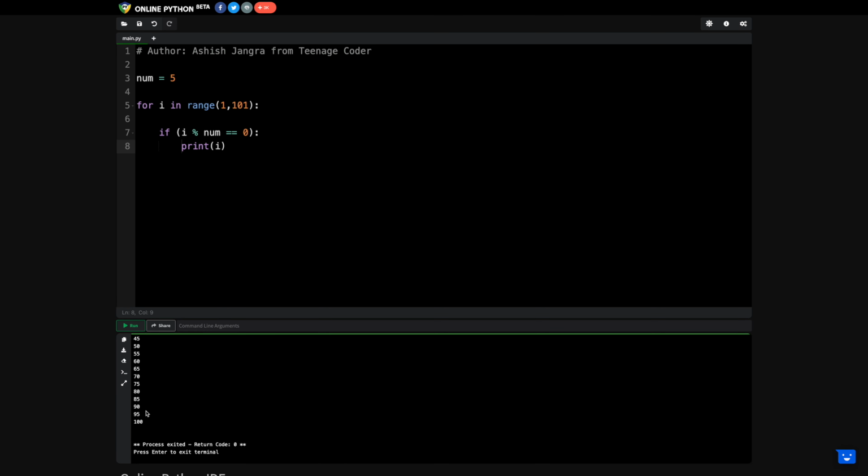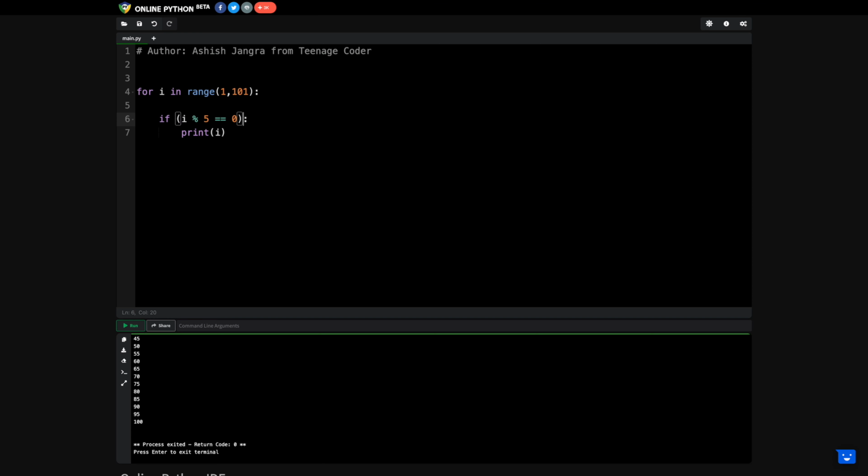Like, let's make this problem a little more complex. Print all the numbers from 1 to 100 which are divisible by 13 as well as 5, because 13 is a prime number, right? So I'm taking number 1 as 13, so let's remove it from here and just write 5 here.